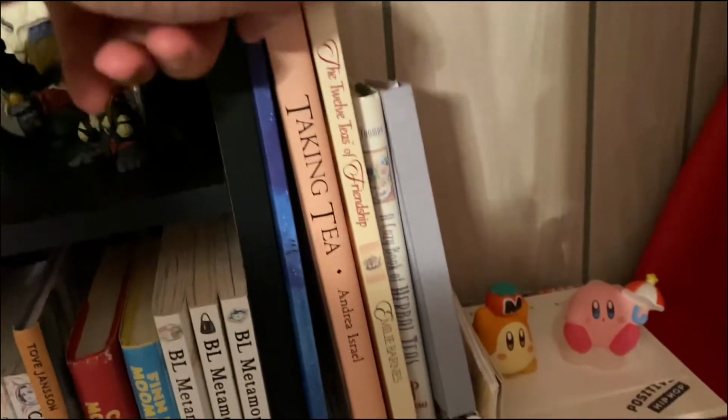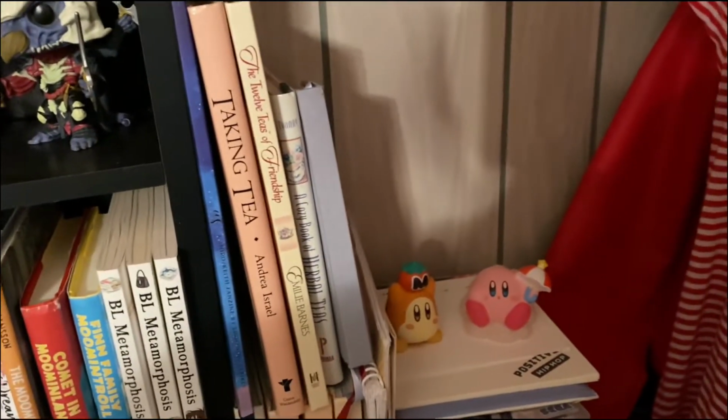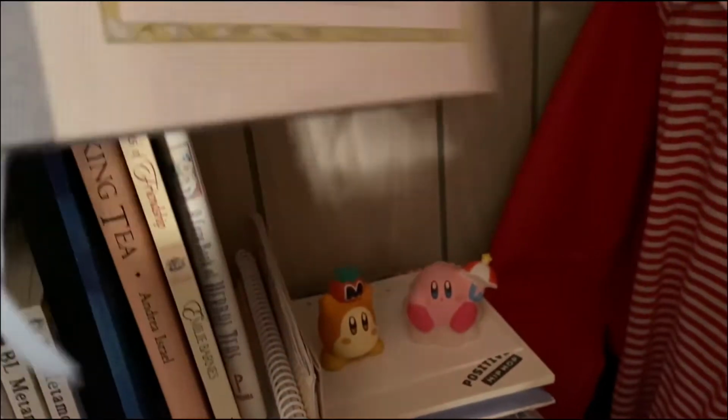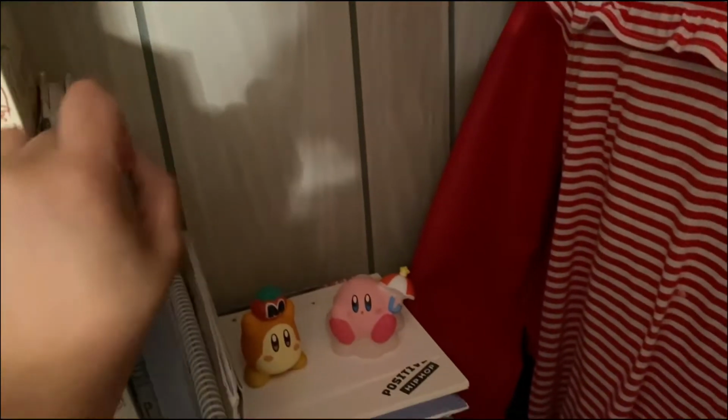And then I got just some vintage books. So these are books about tea. I love to buy like 80s, 90s, and 2000s tea books because they're always so pretty and cute. And then I have this notebook, which I write all of my go-to recipes in. And these are just some music sheet books,